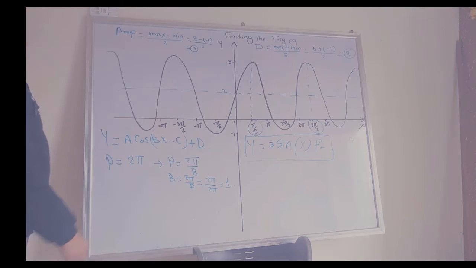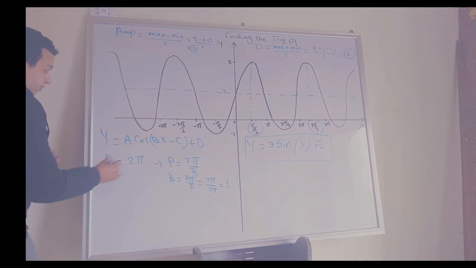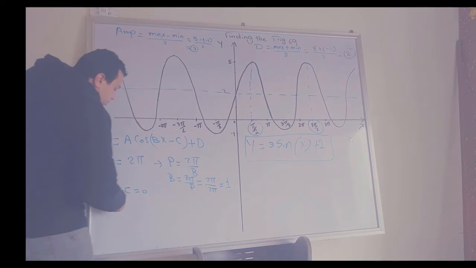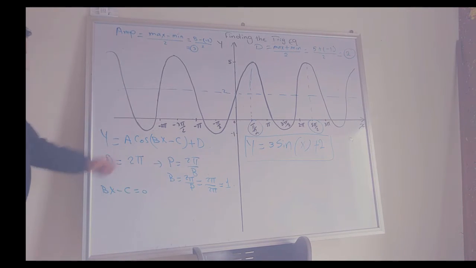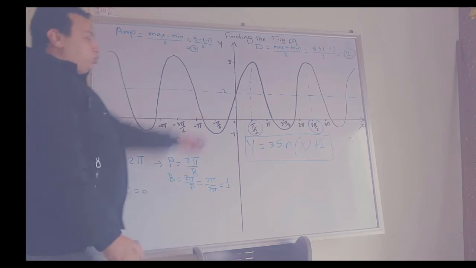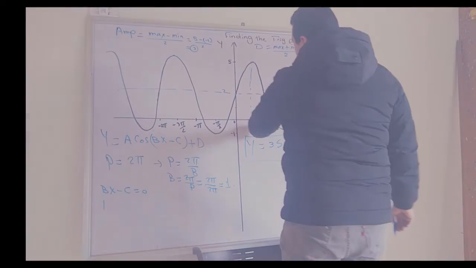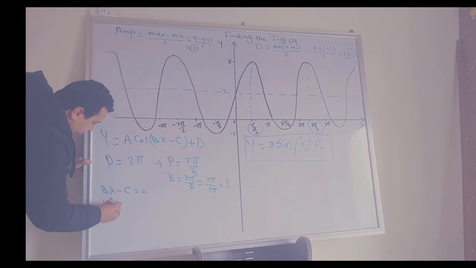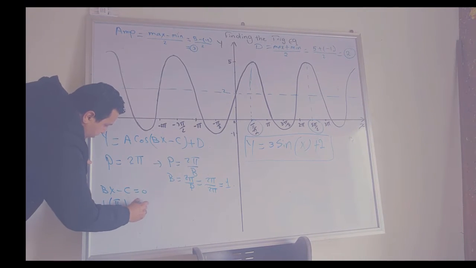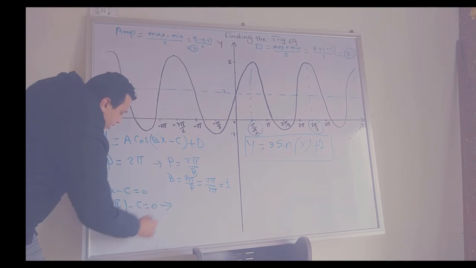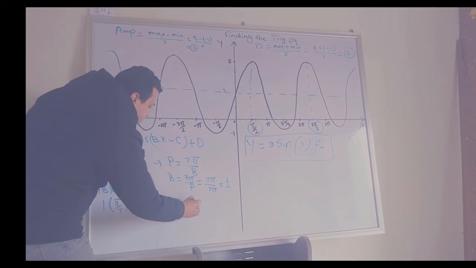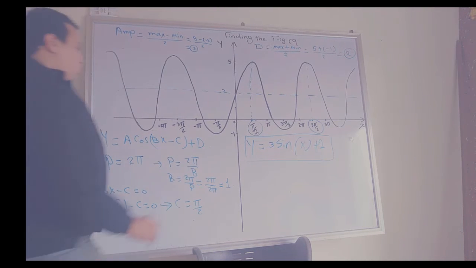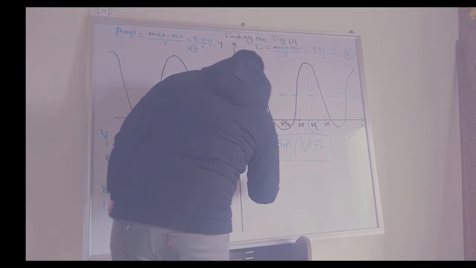How to find out c? Let's pay attention: bx minus c equals 0. But what about b and x? b is 1 here, and the x point at which we start is pi over 2, so pi over 2 minus c equals 0. Then by calculating, c equals pi over 2. Then the equation is y equals